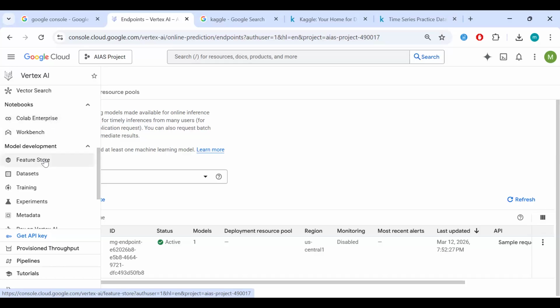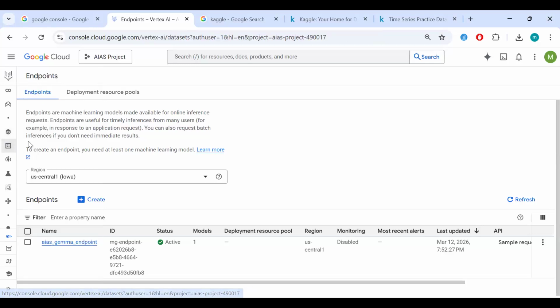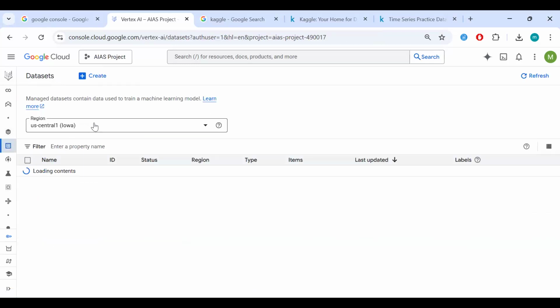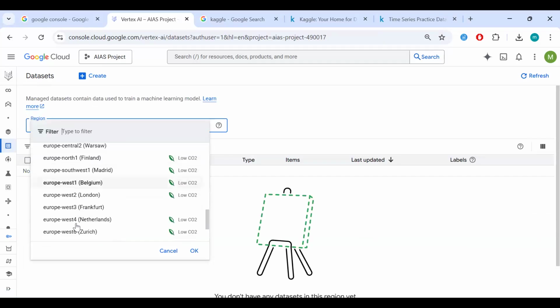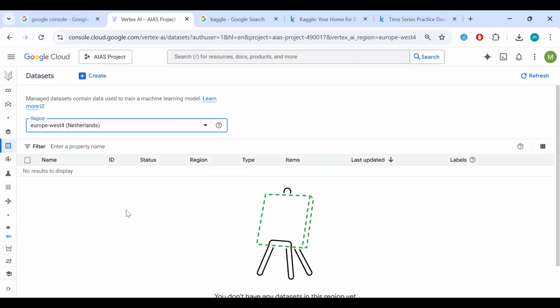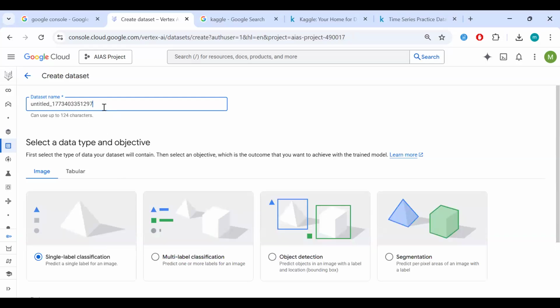Then eventually we'll also look at the feature store, and these are data sets. So what happens here is we can connect our data set in our BigQuery to the one here, right? So naturally, we should see, unless I haven't set that up, but naturally, if we wanted to create a data set, this is how we do it. We just create the data set name. Okay, so we'll need this, but we'll look more into this in the next class, really, when we start looking at AutoML. So we create a data set. We can name it what we want. AIAS